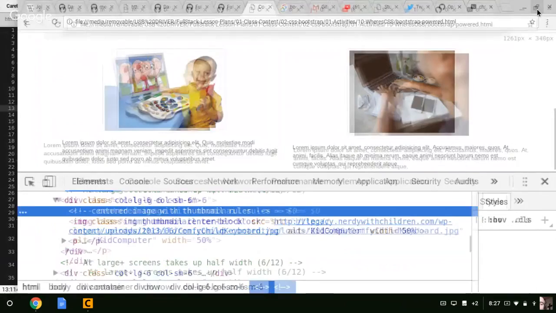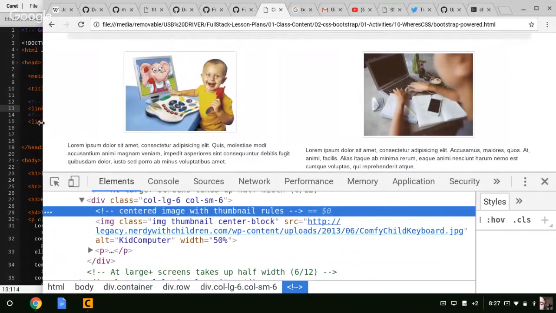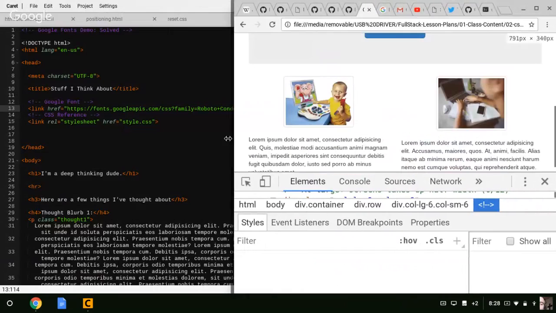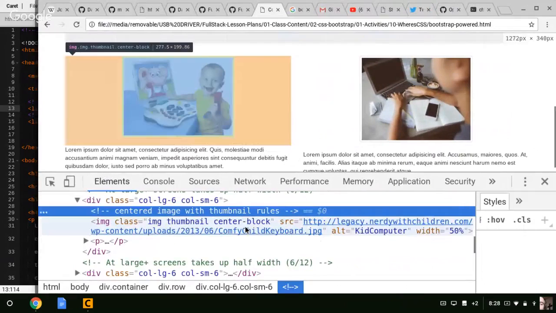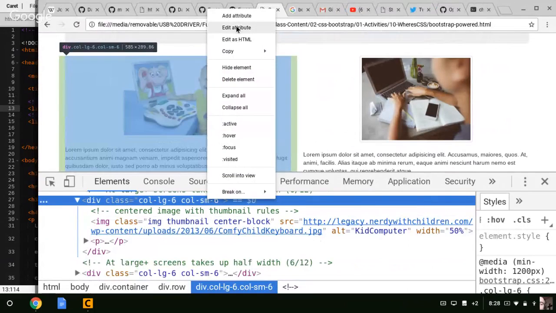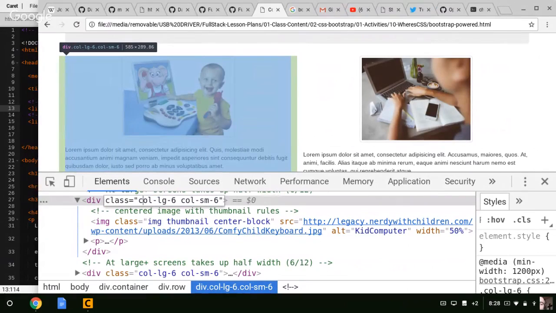Now, even when I go to a smaller screen size, like a mobile screen size, this will stay at 2 columns. Oh, even there. But then it gets down to extra small, and that's why it does that. See, so if I change this to col-xs-6 to work on an extra small screen size,